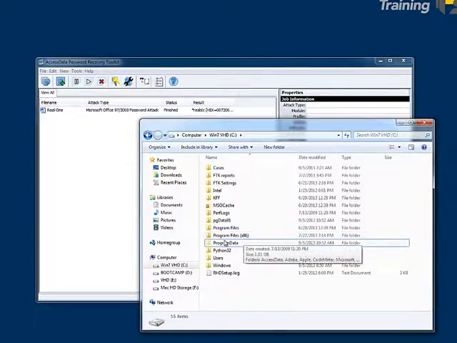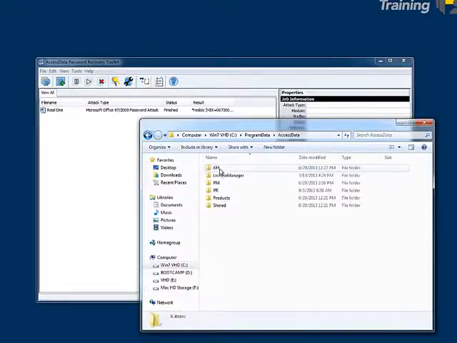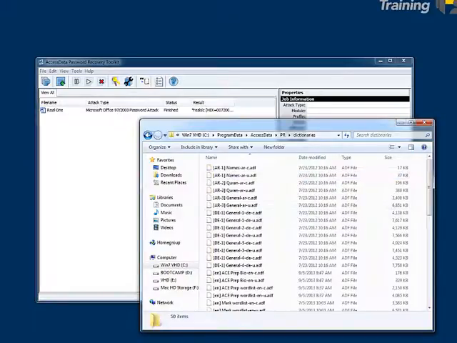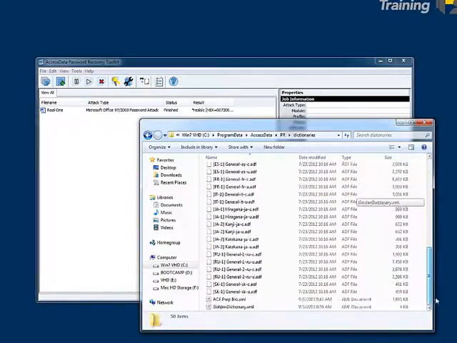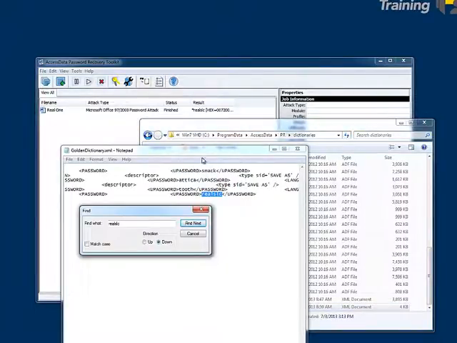So locally on my computer, I would start my navigating at Program Data, Access Data, PR, and Dictionaries. And what I should find is a file called goldendictionary.xml. And what I've done is opened that XML file in Notepad and done a search for my recovered password,